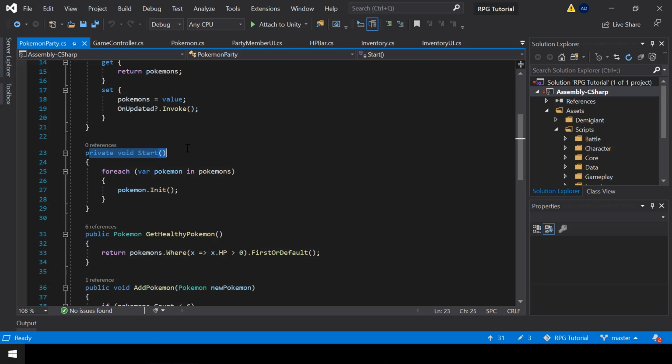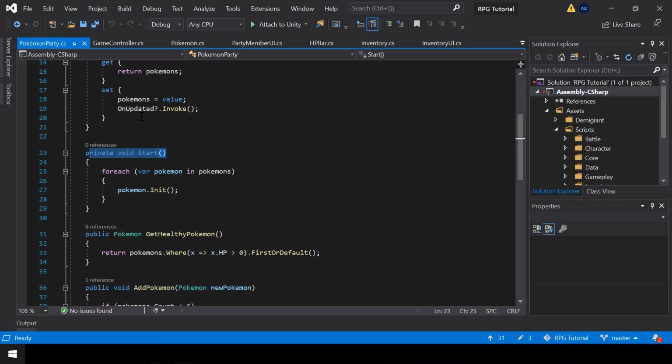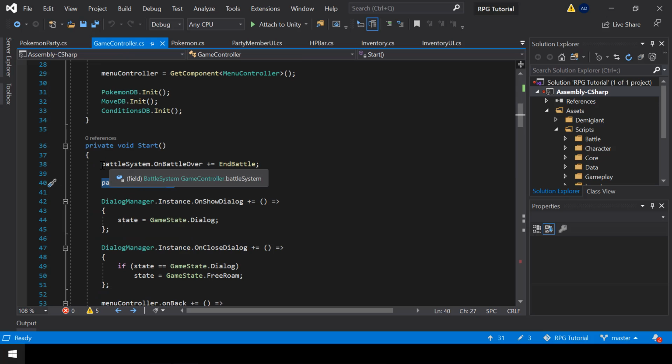So normally Unity will execute the start function in some random order. So in your project, it might execute the start in the game controller first, and in my project, it might execute the start of the Pokemon party first. So how can we make sure that this is executed first before executing this?